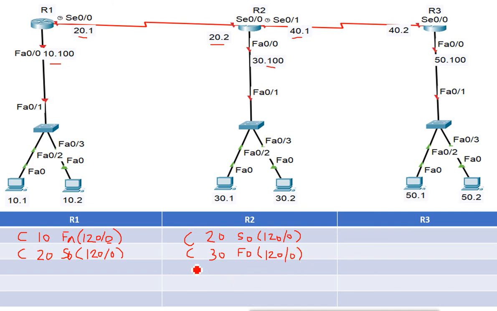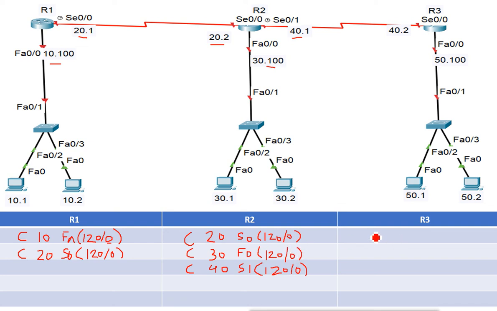Then we have one more network connected, 40, and network 40 is connected from serial interface 0/1. Again the AD value is 120 for this network, and because it is connected, the hop count is also 0. This happens when we configure RIP and mention the connected networks. And remember, until we configure all the routers, we don't get the routing tables. We don't get the routing working. So we have to first configure all the routers.